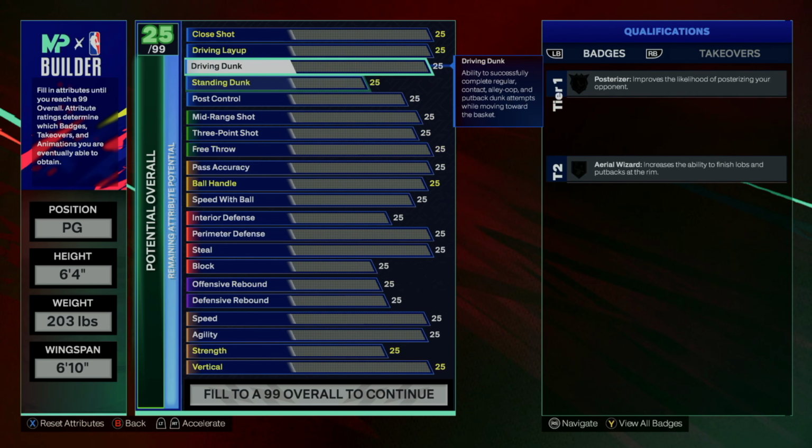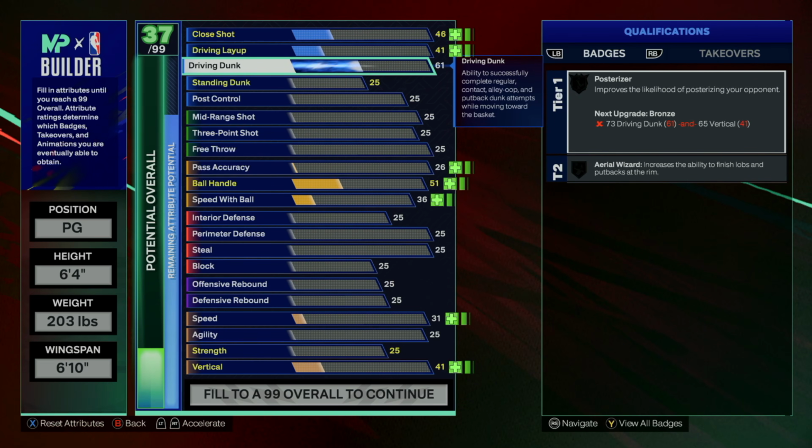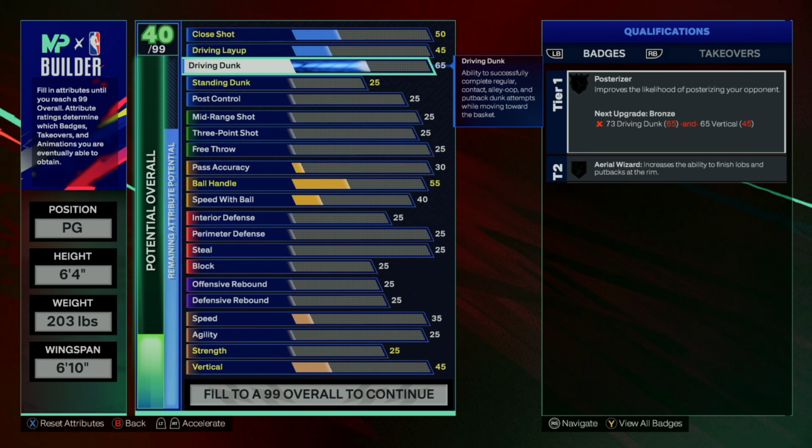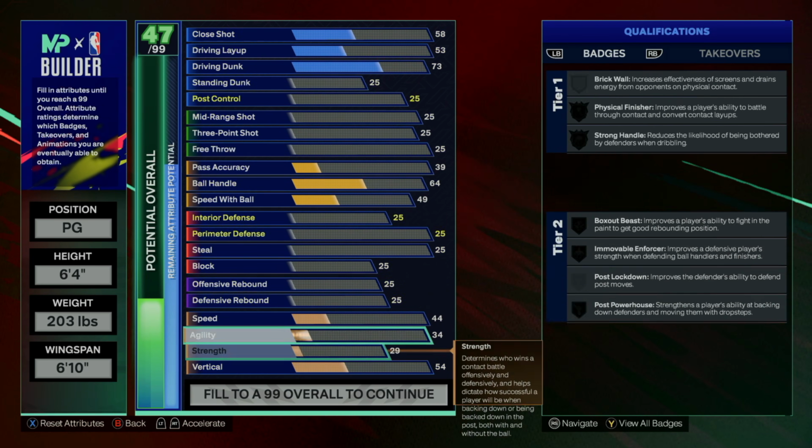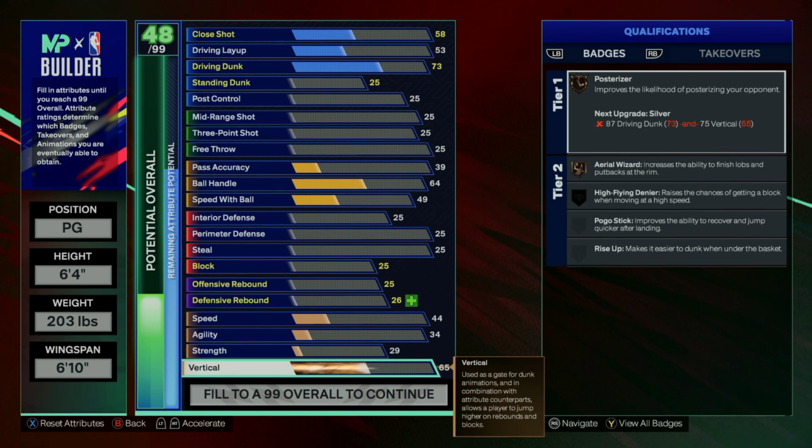The next one that I want to talk about is going to be dunking. I used to say that 65 was the best elite value. I've changed my mind since then. I think comboing up the 73 driving dunk with the 65 vertical is definitely the best value for driving dunk. You couldn't really catch bodies at posterizer. You really didn't at all. Like crazy dunk animations, but you were still able to avoid contact and get your 2 points at the rim